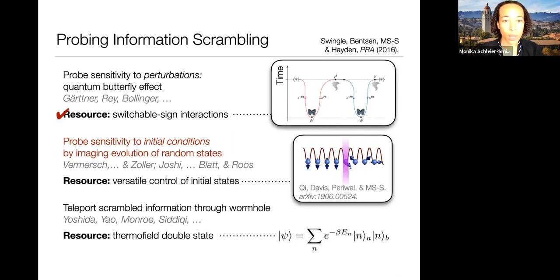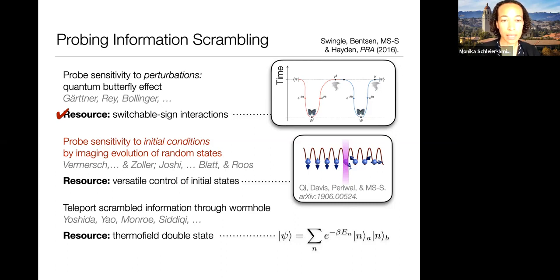In quantum mechanics, that's a bit of a weird concept, because if I have two quantum states and I ask what their overlap is and the system evolves unitarily, then that overlap doesn't change with time. So you might say there is no sensitivity to initial conditions. There's not this sense of initial points in phase space diverging in the way that one would have in a classical system. But nevertheless, that intuition is useful for thinking of another way of probing information scrambling,